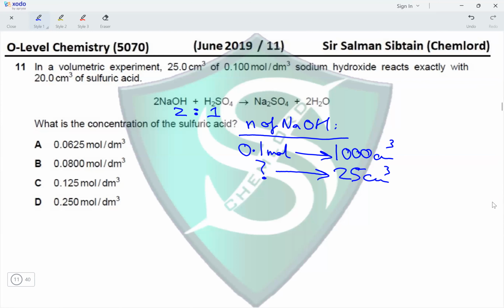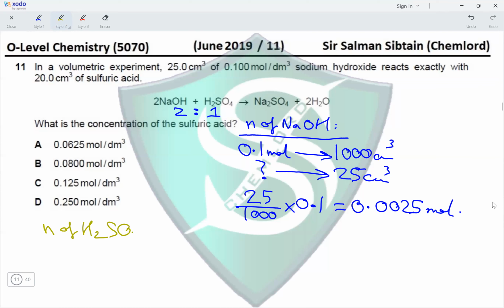So this would give us 25 upon 1000 into 0.1, which is equal to 0.0025 moles. So now we have obtained the moles of NaOH, and according to the equation, 2 moles of NaOH react with 1 mole of H2SO4, which makes the moles of H2SO4 half the moles of NaOH, which is half of 0.0025, giving us a value of